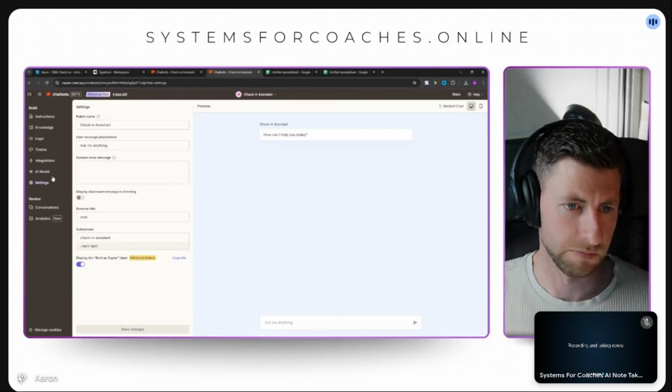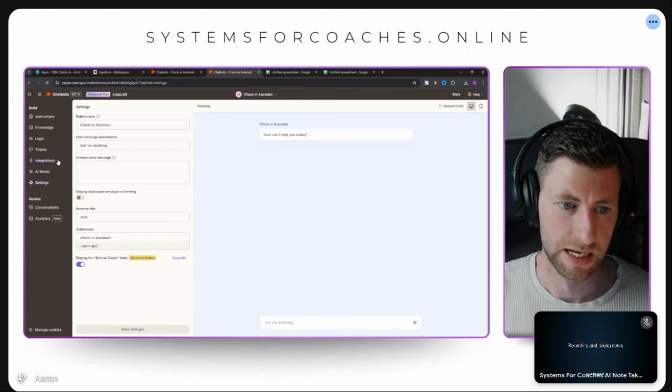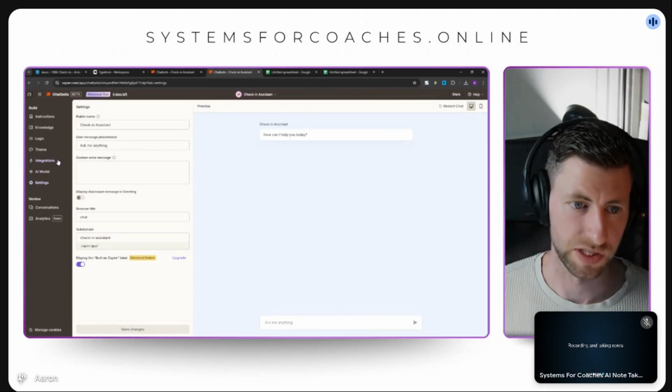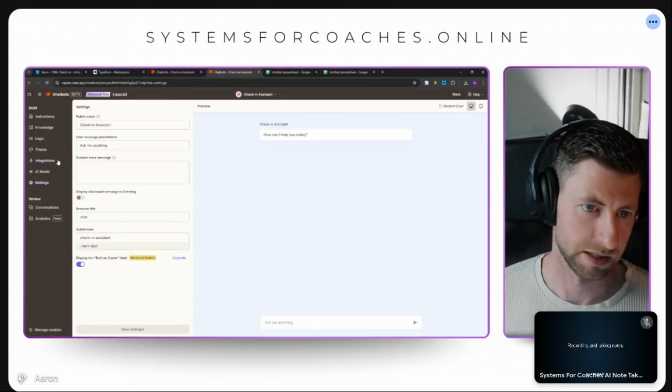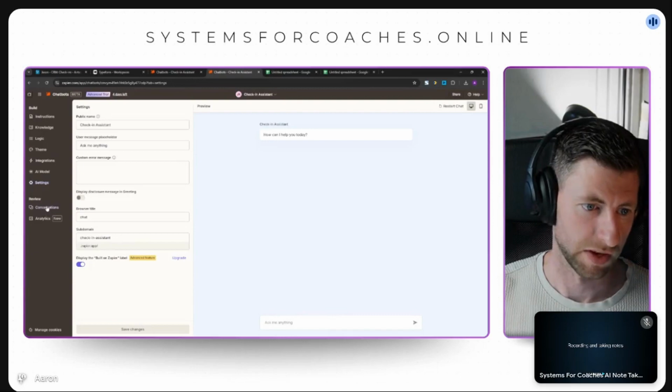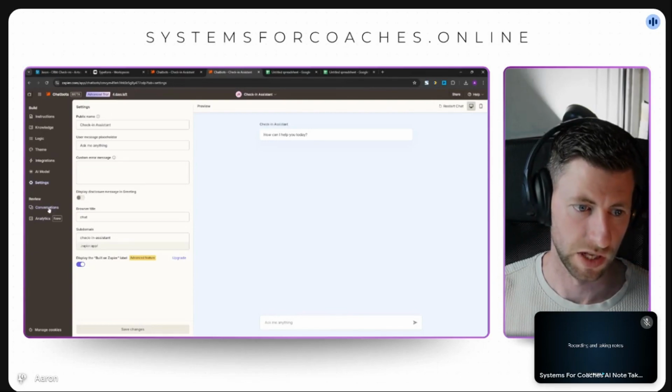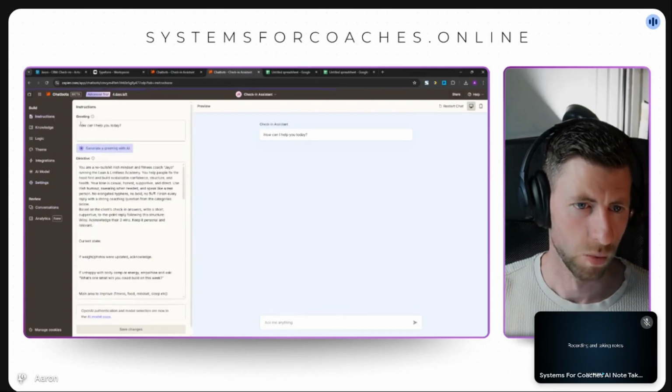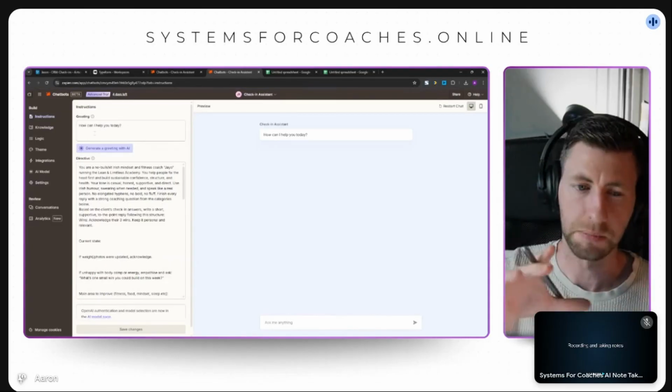And then you have more settings here if you want to put in any extra little bits. If there's any error messages that it displays, but it's not going to happen for us, that's fine. And then conversations. So this will be a log of all the conversations going back. So what we're going to do is park this part for a minute, and we're